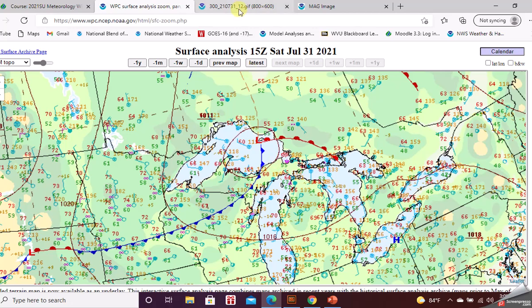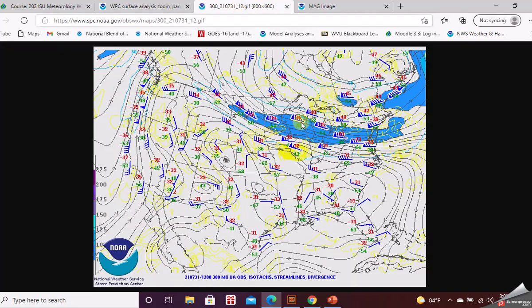So if we wanted to look aloft, way up in the atmosphere, here's 300 millibars. There's a strong jet stream across this area right now. The strongest winds are 85 knots here, 85 knots there. Looks like 95 knots here, so pretty strong jet all the way across here. There's 90 knots right in here. So there's good divergence probably up in this area, left front quadrant of the jet, and the right rear quadrant will have the other area of divergence, which will be back here,